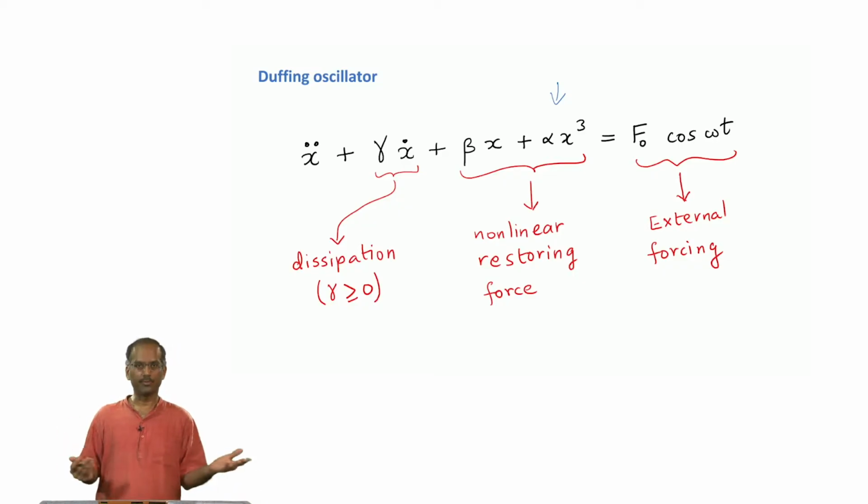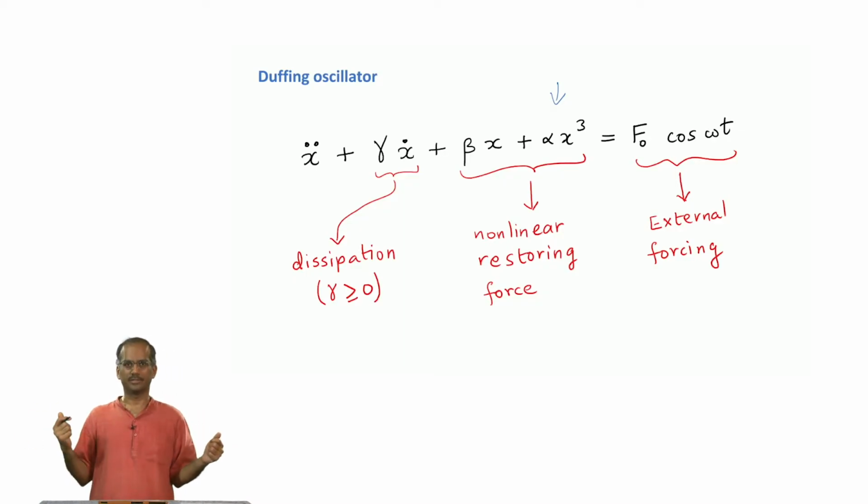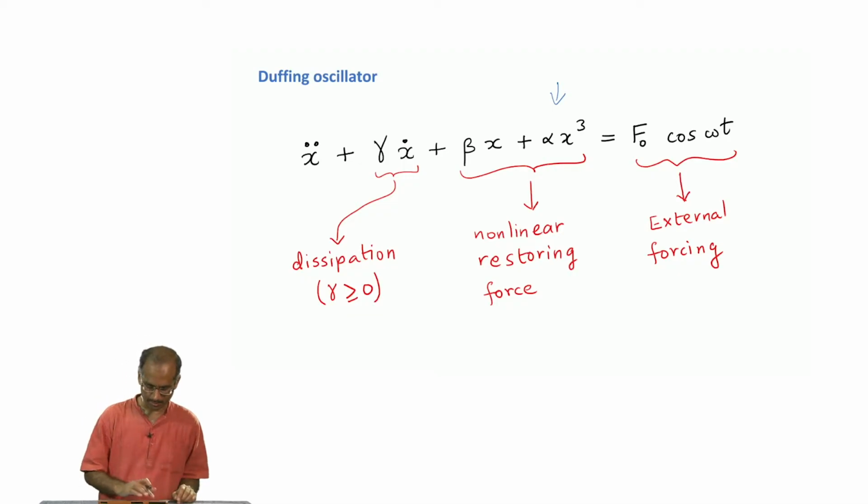As you can see, we are removing the dissipation term. So, whatever energy you put in will remain there. So, it will be a system which will conserve energy. In that sense, when gamma is 0 and F0 is 0, it will be a conservative system. And when F0 is 0, as usual, there is no input of energy. So, there is neither output of energy nor input of energy. So, energy that you put in initially will stay there forever. The only difference being that with respect to the harmonic oscillator, here our restoring force is nonlinear.